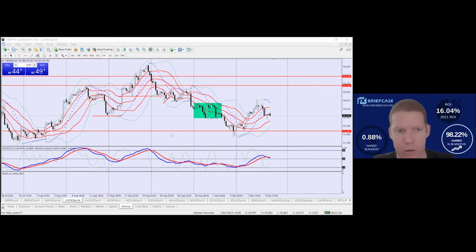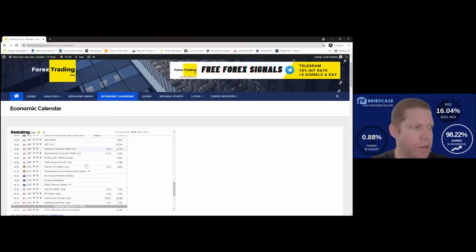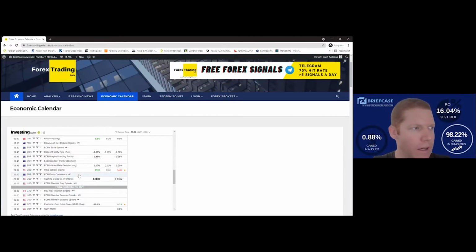We did have the initial jobless claims, but we've mentioned this several times that it is a weekly figure, so that's not really substantial. I'll just quickly show you the news with Forex Trading Asia now as well. So this is the economic calendar. So we've got yesterday here. So that was the initial jobless claims. They did come in actually better than expectations, but again, the US dollar had sort of been moving up higher,